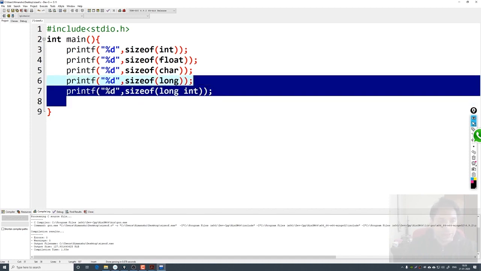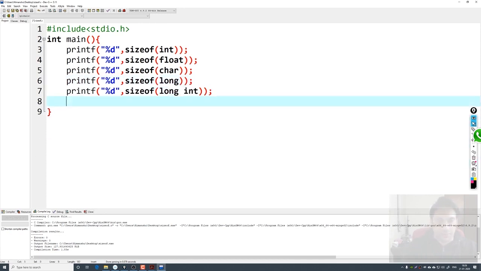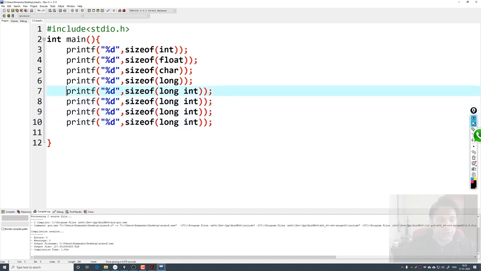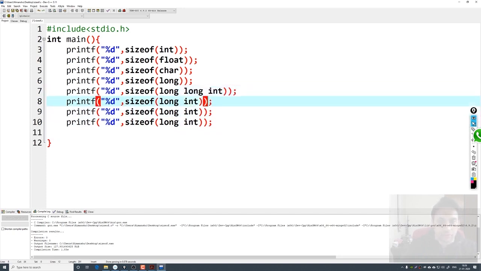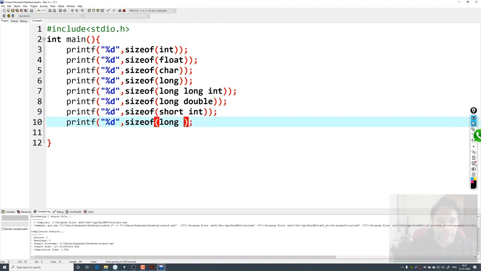In the same way, I can also use long double. This is the size of short int. And maybe I can use the size of unsigned char, and all these things.